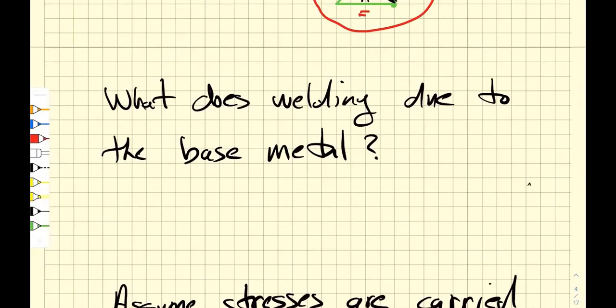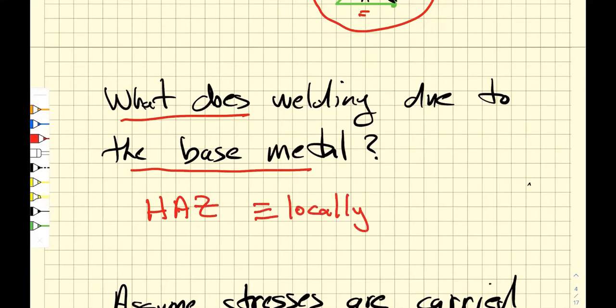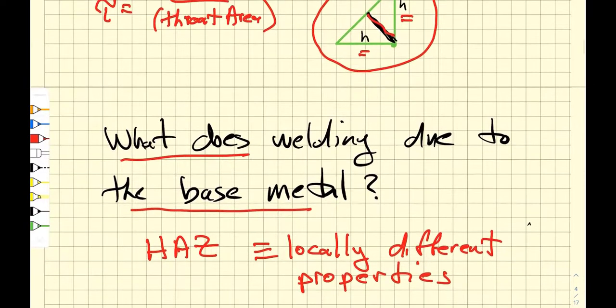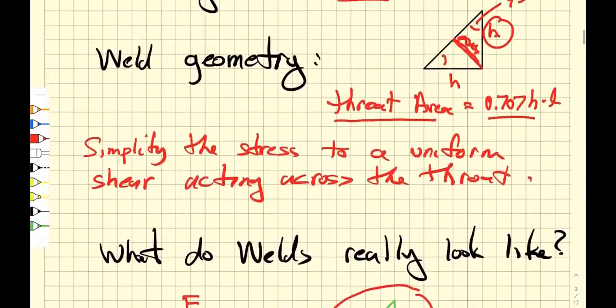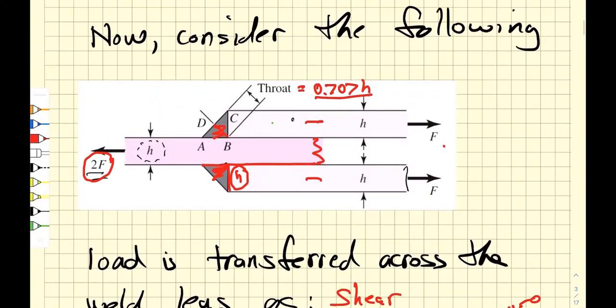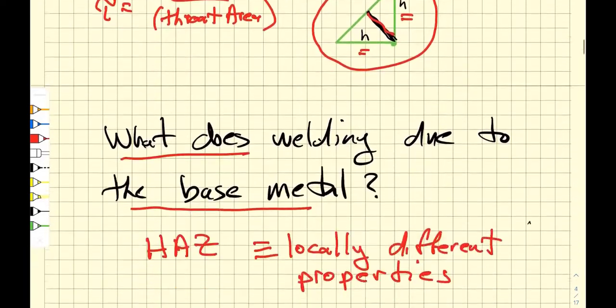When we weld something, we change the base metal because we've heated it up quite a bit. And so there is a heat affected zone, the HAZ, which has locally different properties. So we have to be considerate of that as well when we're trying to figure out what is going to cause the weld to fail. When we are applying a load, for instance, to this complicated geometry here, we could simply yield the plate, we could yield the weld, or we could shear this other plate right here. So there's lots of things that can go wrong and lots of things that we have to check when we're trying to design a weldment.